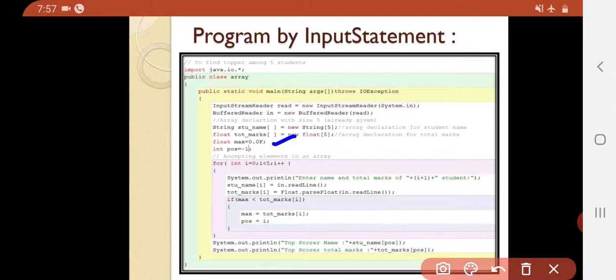And one more thing I've written here, that is pos = -1. I'm going to explain later why I'm taking pos = -1. Now we are moving further.